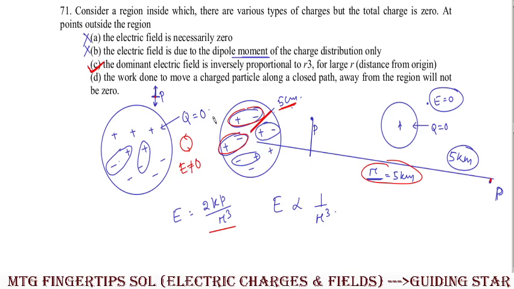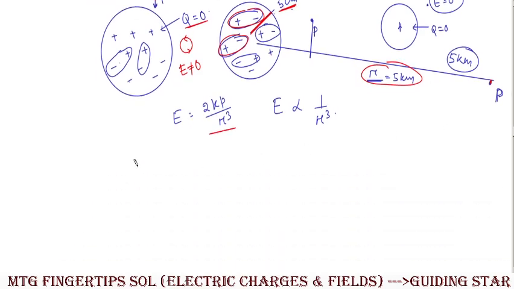Clear? Electric field is there even though the net charge present inside the system is zero, but electric field is not zero. But if electric field is not zero, that means there will be a force upon the charged particle which will be circulating or revolving in a closed path. Clear? That means it is a conservative force field. That means that charged particle will be moving in a conservative force field, and if the charged particle